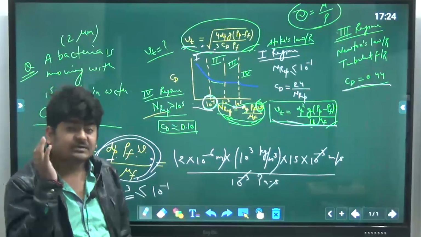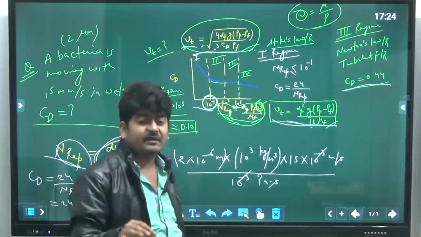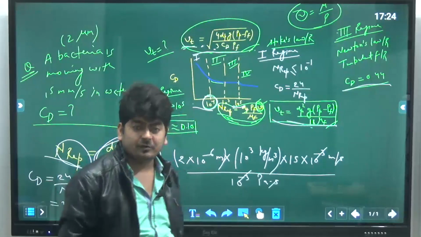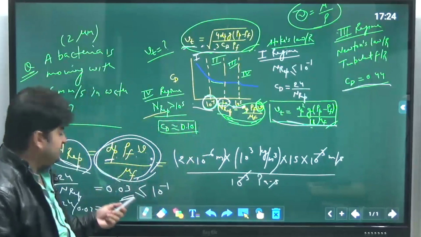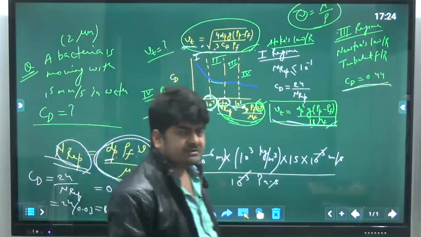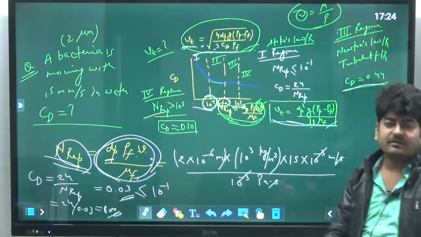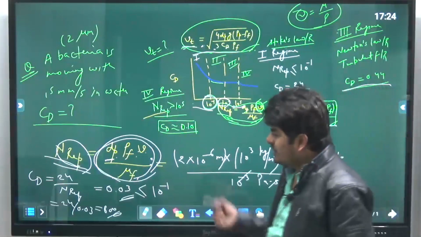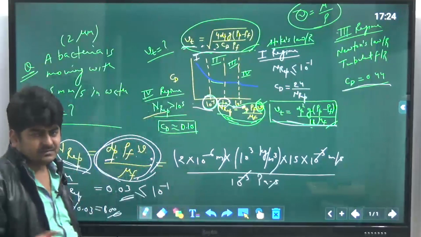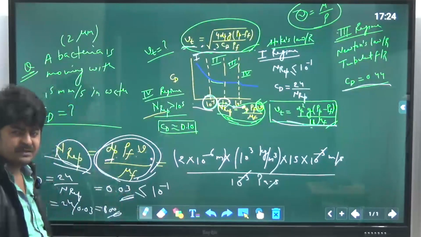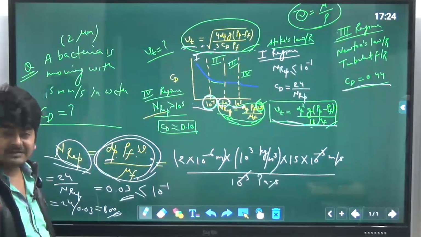Or they can also ask you the minimum possible size of the particle. And for the minimum possible size, obviously we should have the lowest value of the turbulent flow design, and that is nothing but just 10 to the power 3. So put this equal to 10 to the power 3, you will get the lowest possible size of the particle diameter. Or even the minimum possible value of terminal velocity or the maximum possible value of terminal velocity. All these kinds of things you can calculate. These are the kinds of questions they can ask. Simple. So you don't need to think anything extra about this part. This is very conceptual but interesting and a very scoring topic.